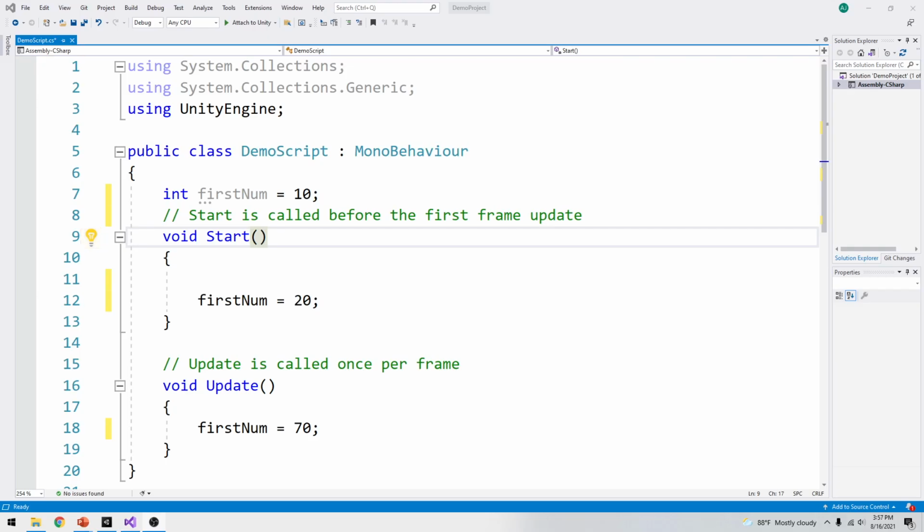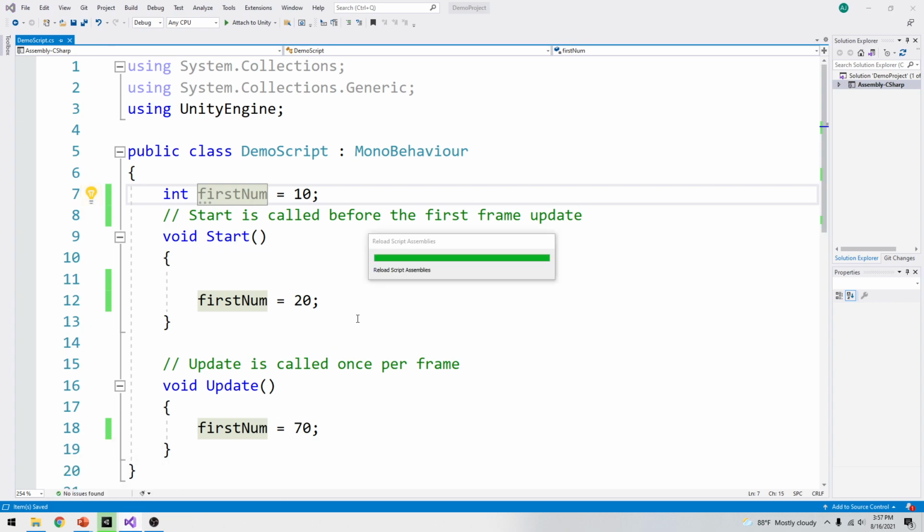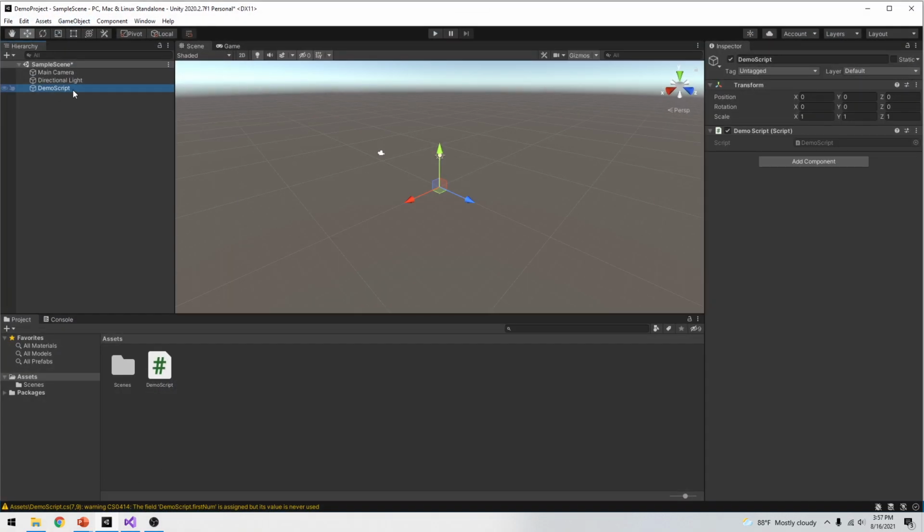I do want to do a quick demo to show you the difference in how it appears inside of here as well as the Unity editor. So I still have this variable int firstNum. By default, it is set to private. So if I were to save this script and go to my Unity editor, I already have this put on a game object in my scene, so I'll be able to look at my script. And it's right here. And we can see that there's nothing going on with this script because by default,